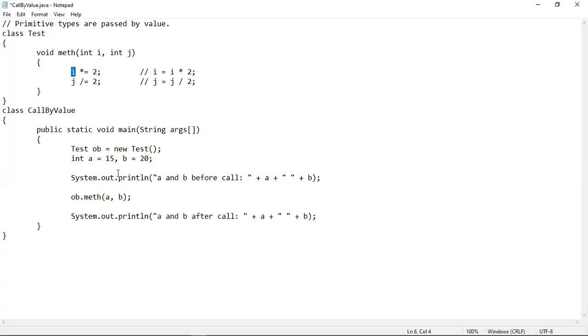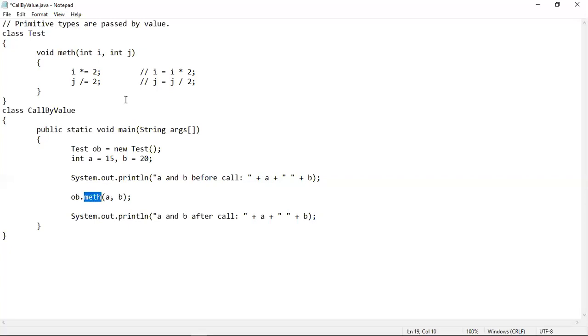Now this main is the calling method and here the called method is math. Inside this calling method, whenever we are making a call to another method, we are passing some values into it because this is a program of call by value. That's why we are calling this math method by passing some values. These values are known as actual parameters, the values that have been used to call the called method. This main method is the calling method because inside its body we are calling this math method.